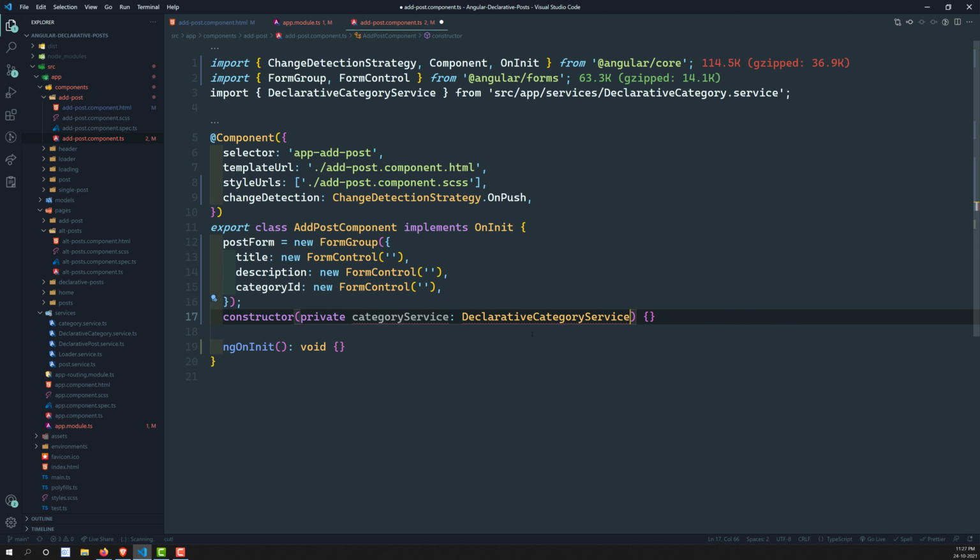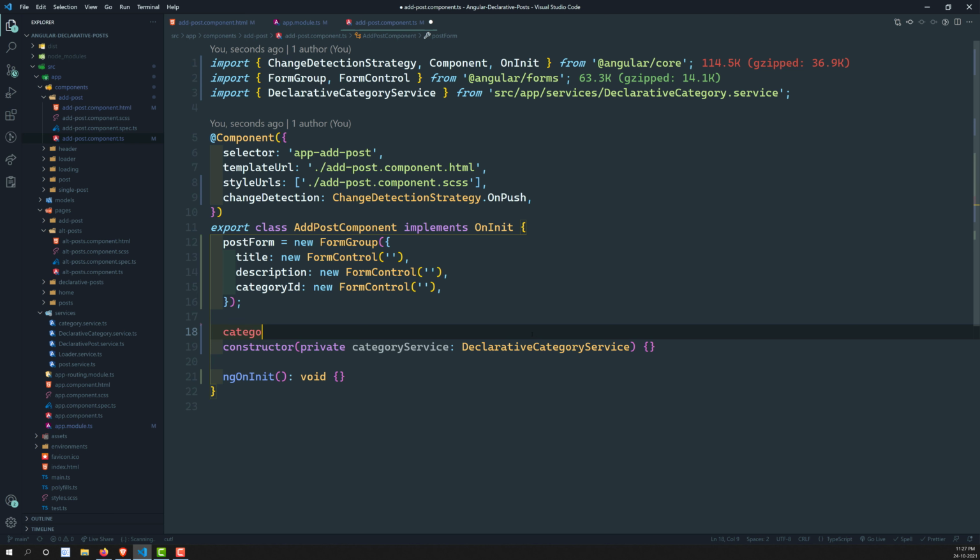So that we have included, and here we can write categories$ is equal to this.categoryService.categories. We know that we will be getting that one as an observable.